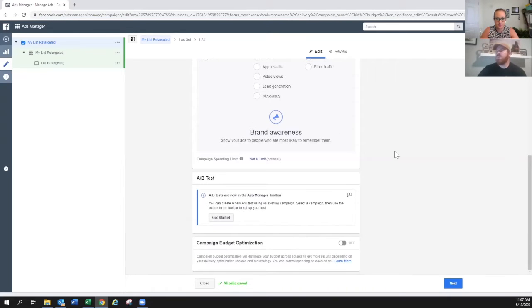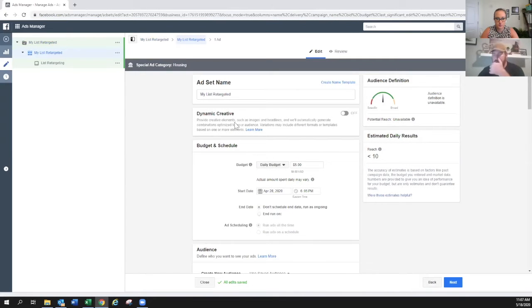Agreed. So once you've gone through that, you're going to go to your next page here. One of the biggest things everyone asks about is budget. Really your budget is up to you, and it is based off of what your list looks like. If you have 10,000 people on your list, then obviously your budget might be higher to hit people daily. If you have a smaller list, you may not need such a big budget. But my suggestion is always to go at least a week at $5 a day. That'd be $35, and figure out what happens with your list.